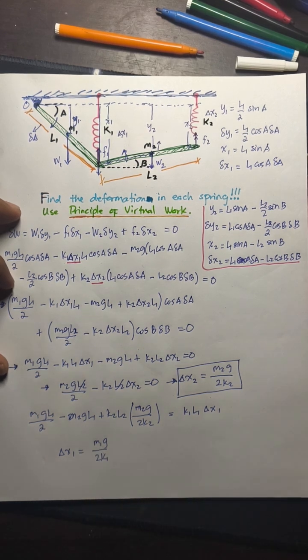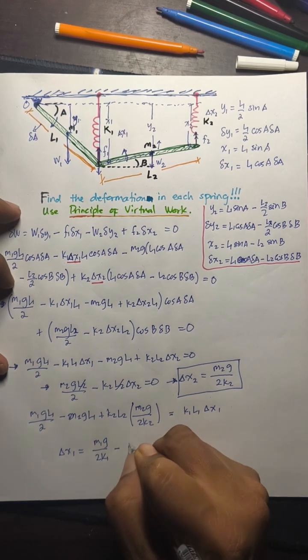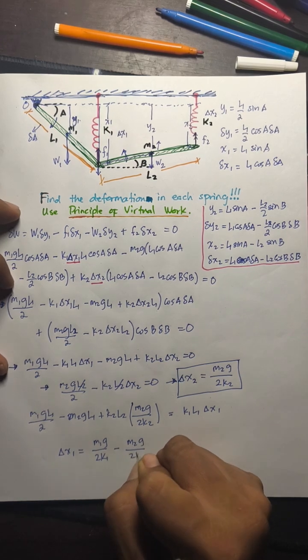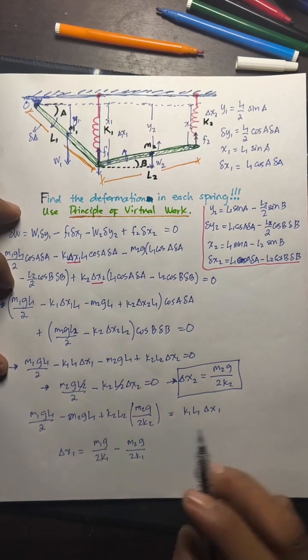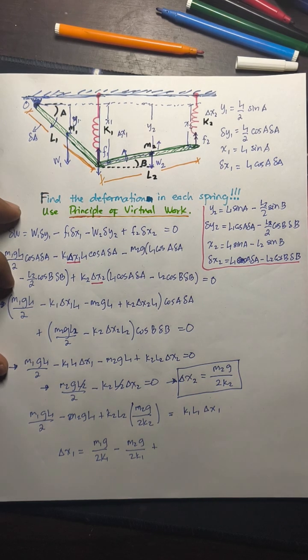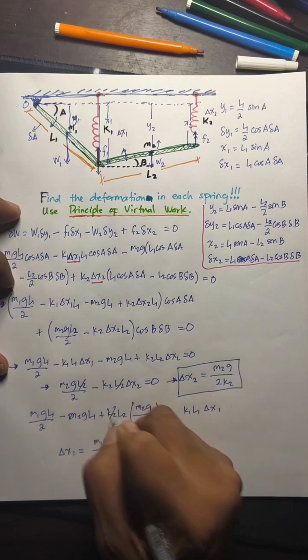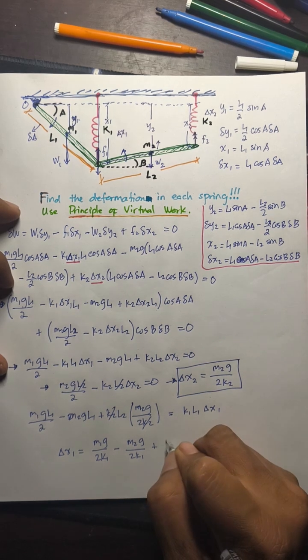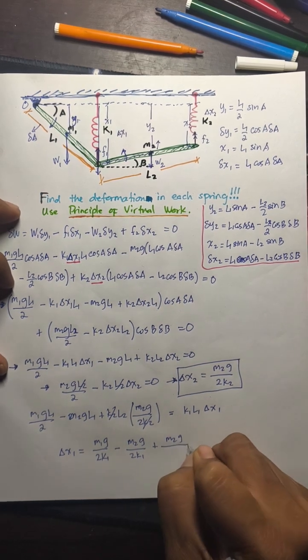And this term would give us minus m2g over 2k1. And this term would give us plus, and K2 would cancel, so we would now have plus